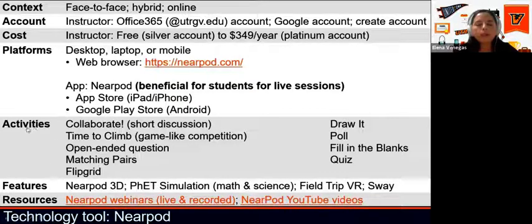I put, instead of questions or types, I put here activities. So there are different kinds of activities that you can integrate, and these would be the alternative sources or alternative means of assessment. There are different features as well that I'll showcase a few of those too, like a 3D